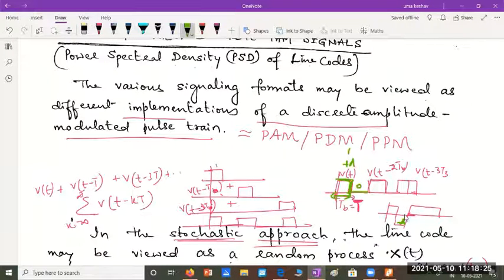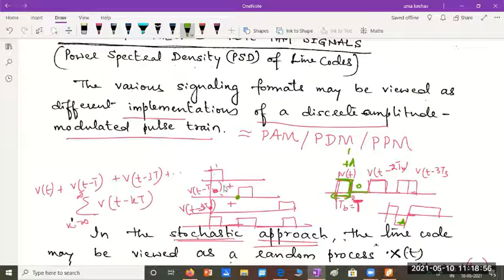So our line codes fall under one of these categories. I'll have either a positive voltage or 0 voltage or negative voltage as the amplitude of the rectangular pulses. Okay. And how will I get a particular line code? By shifting these rectangular pulses to different durations of time and adding everything. I showed you that here.